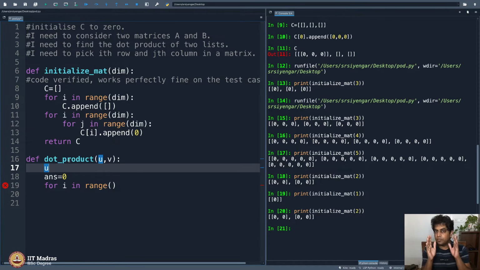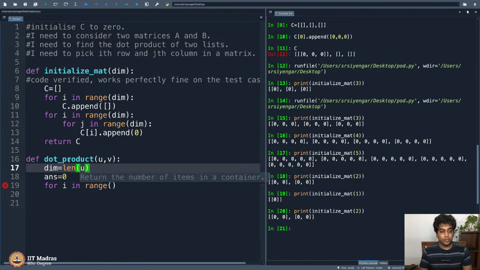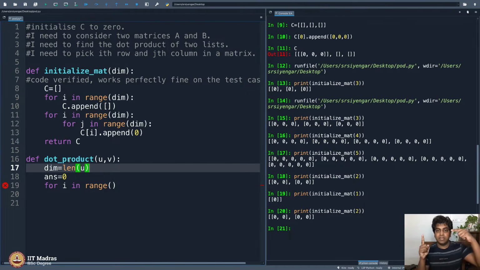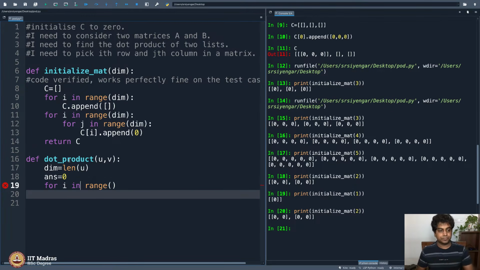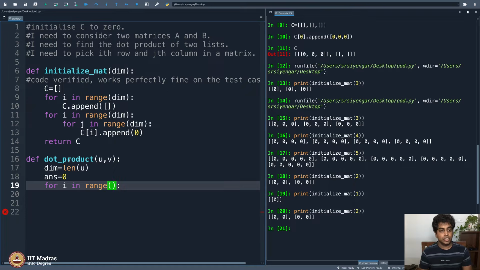Pause for a second and think about what I'm trying to say. My dim will be len of U, because the length of U is the same as the length of V, and U and V are simply entries in a matrix. One is a row, one is a column. That's how you compute matrix multiplication, right? So I will say dim equals length of U. Okay, so for i in range dim,